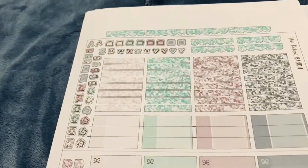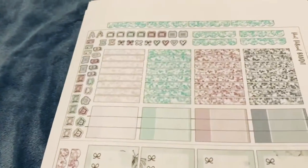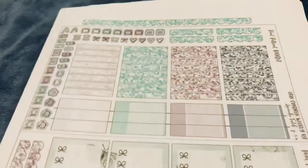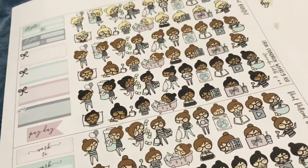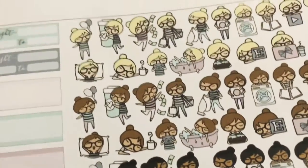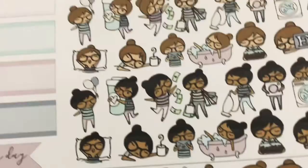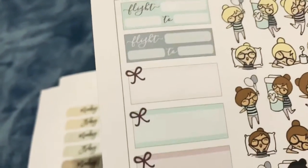You get more deco and icons, headers, more bow checklists. I'm thinking you just print it out twice. That's okay. And then these little girls right here, these beautiful lovely ladies, I think these are called little bandits. I forgot what she calls them, but they are absolutely so cute. I love them. And then you got your bill trackers, flights,